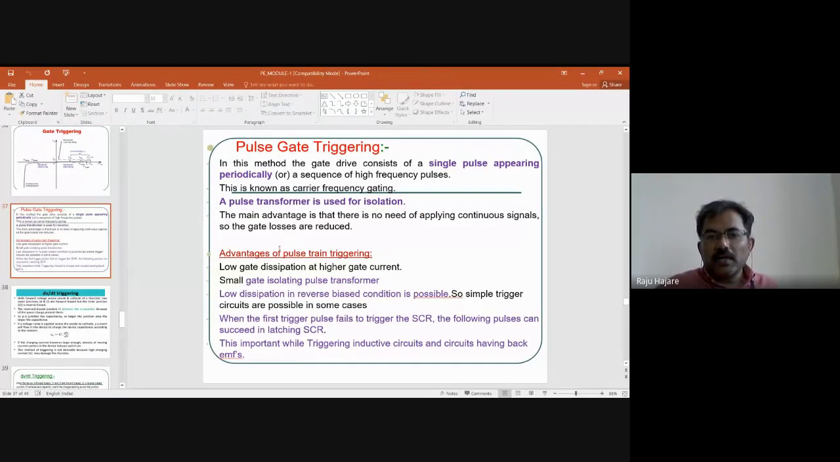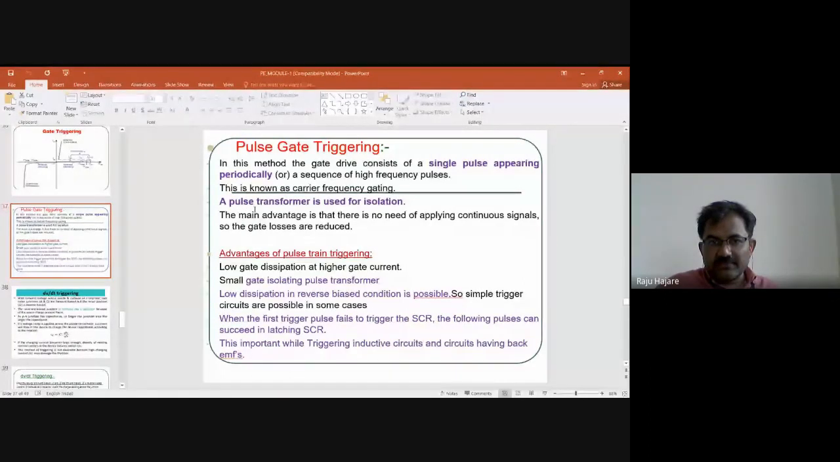You are passing the pulses one by one periodically. The pulses move to the gate after a regular interval of time. You turn on the device, leave some delay, and after that delay turn it on again. So it is a continuous train of pulses that you apply at the gate of the SCR, and you make sure that